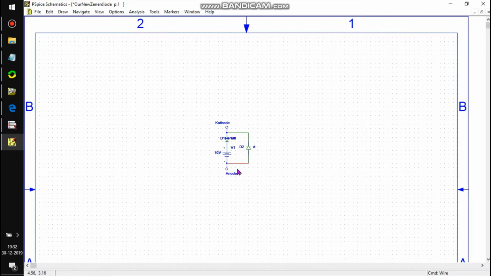So you can see this is the anode and this is the cathode. It will be just a normal diode. But if you have a Zener diode, you reverse the connection. You put the minus here and the plus here.